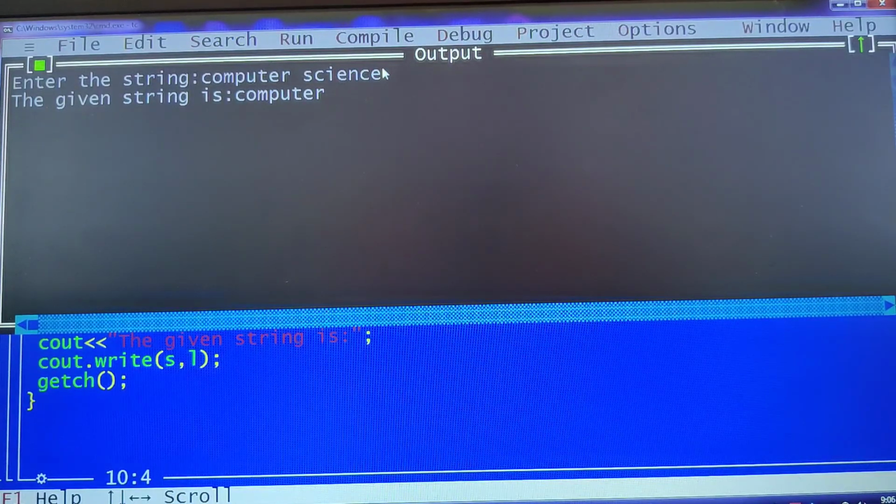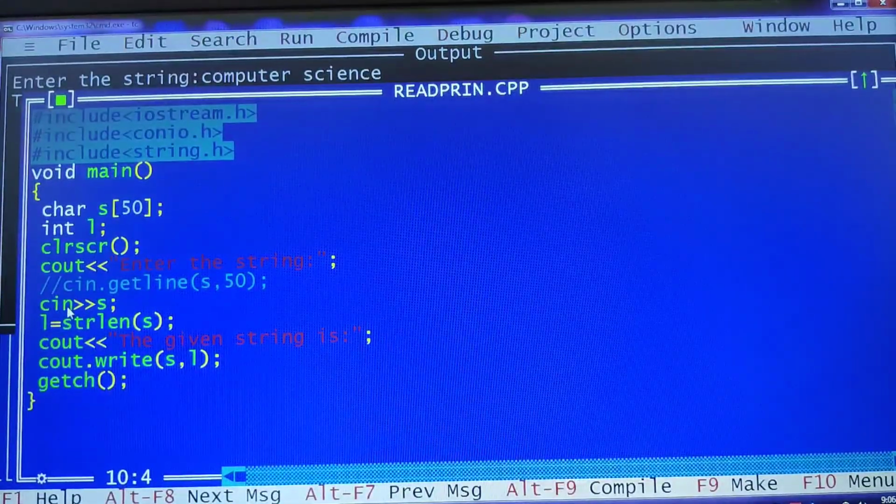That is the getline function. But cin, the moment it encounters any white space or blank space here, it stops reading the sequence of characters. It will think that it is the end of the given string. That is the reason why I am getting only computer, because at the time of reading the input here, it encounters a blank space and treats it as the end of the string. So that is with the cin function. If I use the getline function, no matter if it encounters a blank space, it keeps on reading until it finds a new line character.